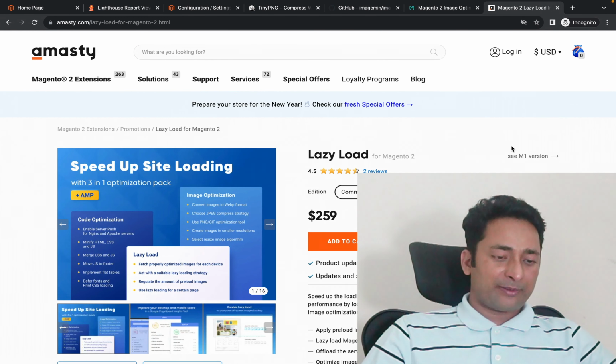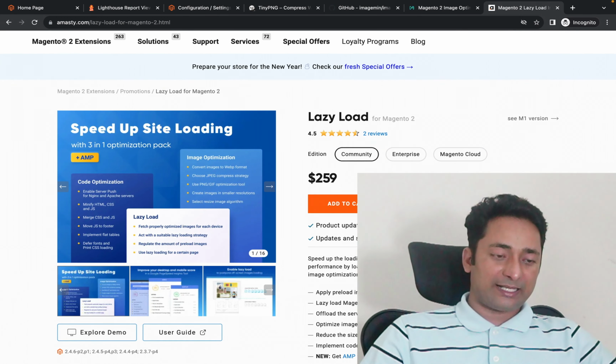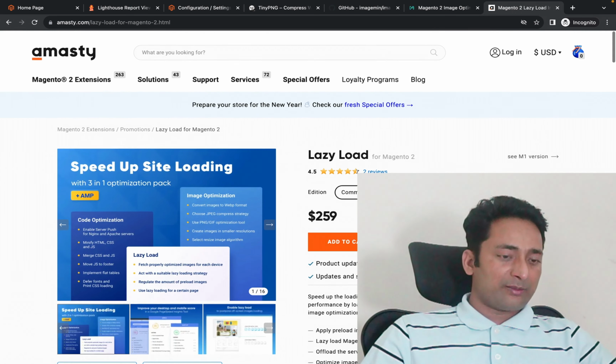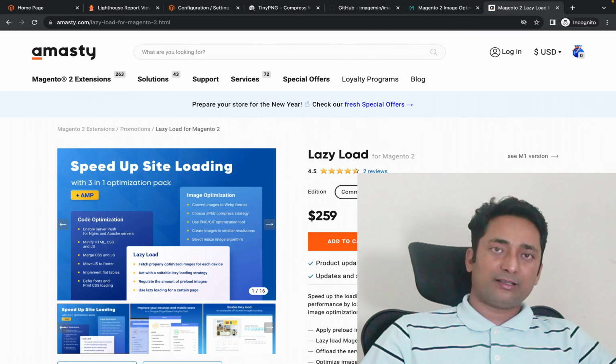You can review whether it is compatible with your Magento version or not. Ideally they keep it updated and make it compatible with the latest Magento versions. You can review this, and if you like it, you can implement it in your project. There are many other extensions you can also review, and if you like them, you can install them to achieve lazy loading functionality.